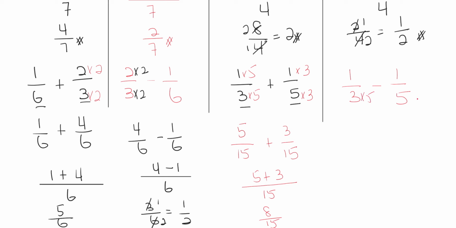Likewise here, I got to do the same stuff. So I'm going to multiply by 5, multiply by 3, multiply by 5, multiply by 3. Okay, I'm just cross multiplying. This will be 5 over 15 minus 3 over 15. So 15 is the common denominator, minus the numerators. I get 2 over 15. Okay,